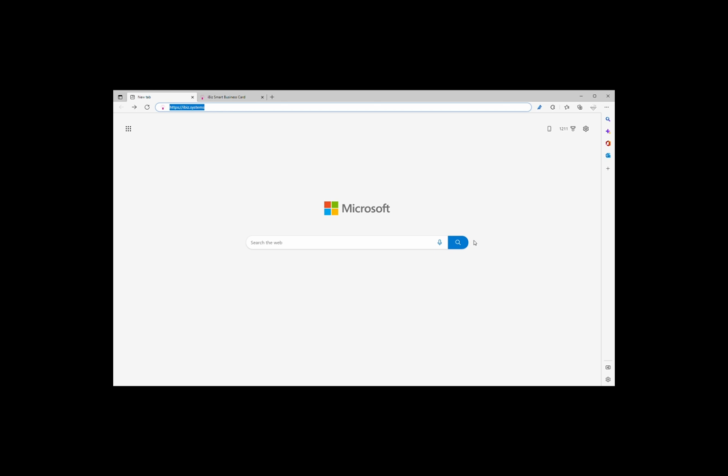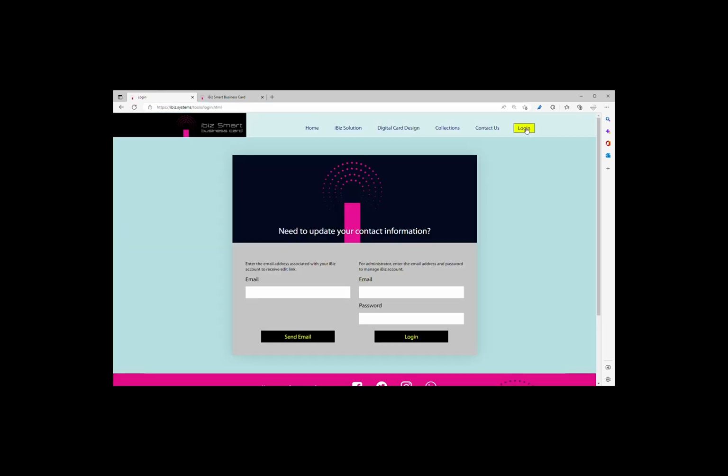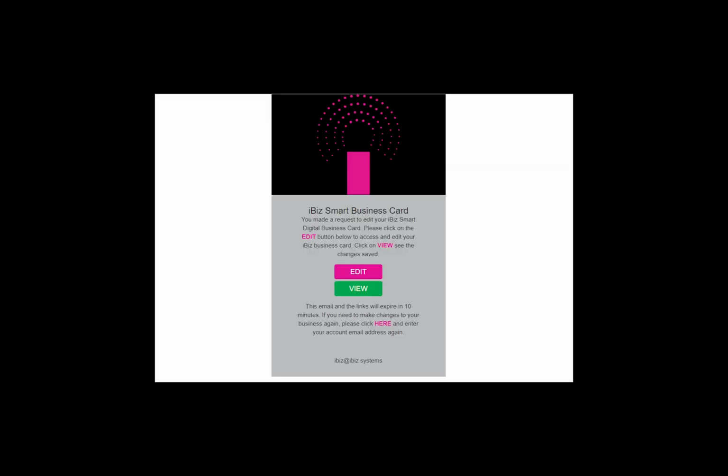Click the Login button located on the upper right-hand corner to go to the login page. If you are the iBiz account holder, simply enter your email address. No password is required. And you will receive an email with a web link to edit and view your iBiz